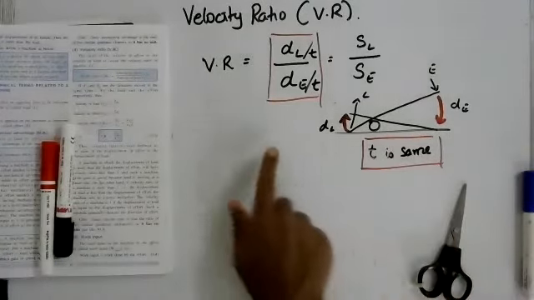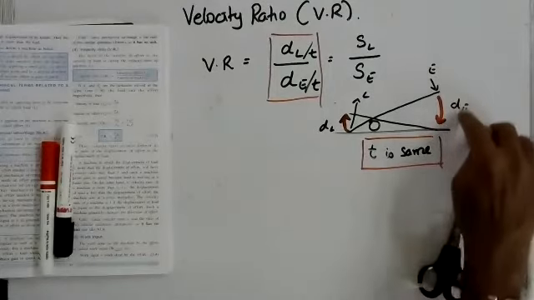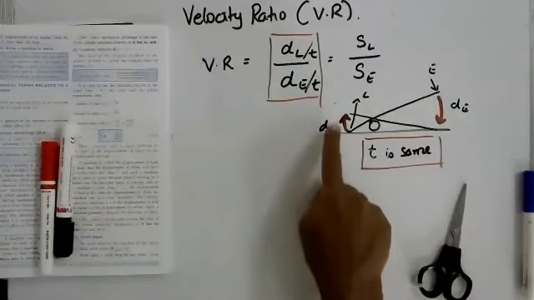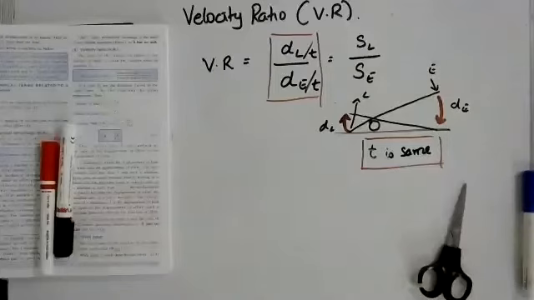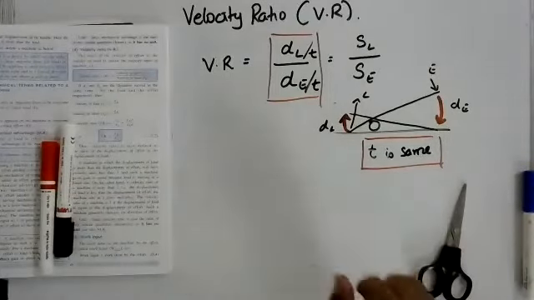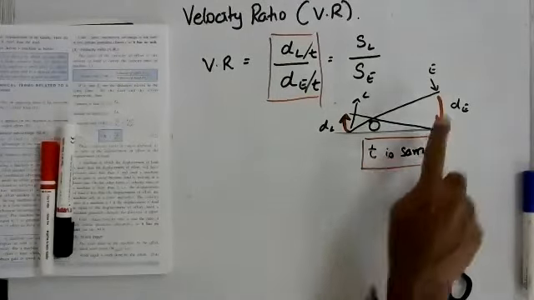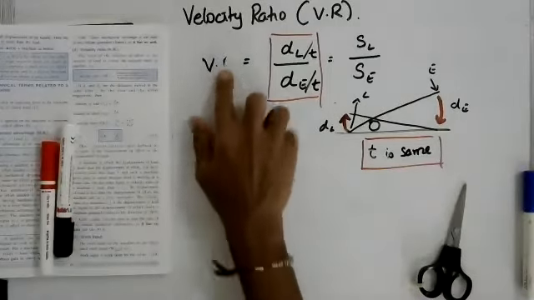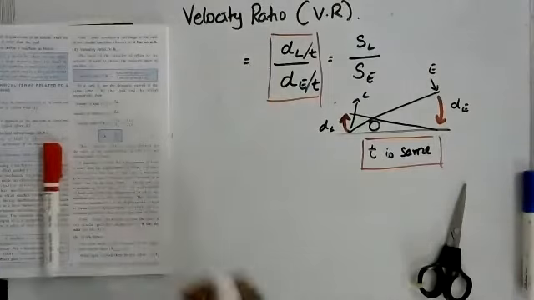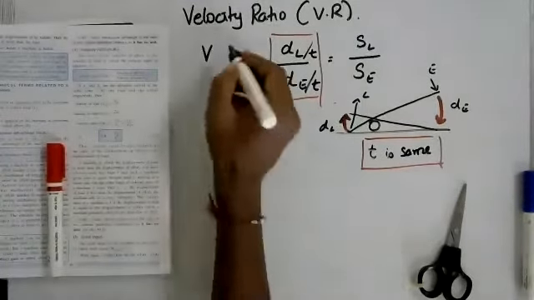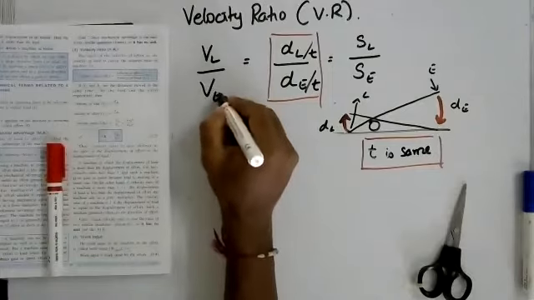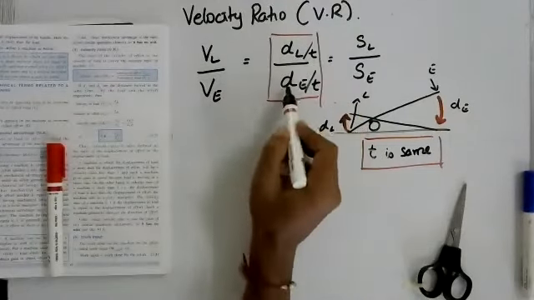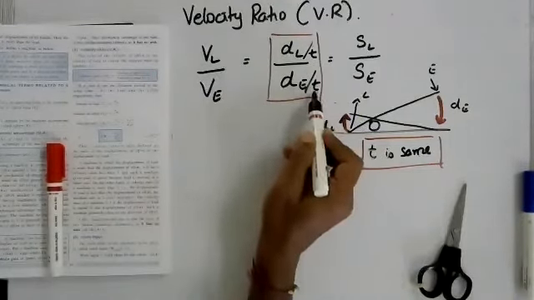So the critical point over here is, therefore, the velocity with which the effort arm moves and the velocity with which the load arm moves can be calculated. And the critical fact over here is that both these movements occur in the same time interval. Okay, so if I want to find out the ratio of the velocity of the load arm divided by the velocity of the effort arm, then what happens is, distance moved by the load arm by t, divided by distance moved by the effort arm by t.